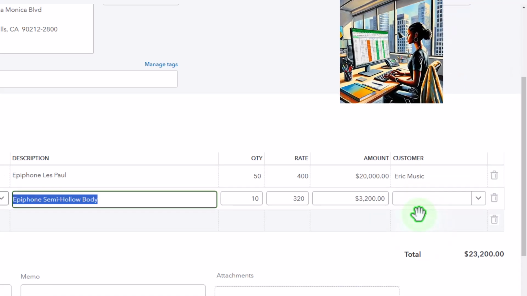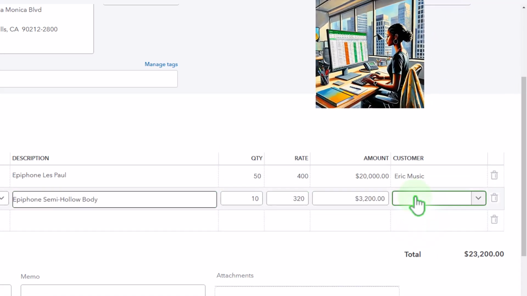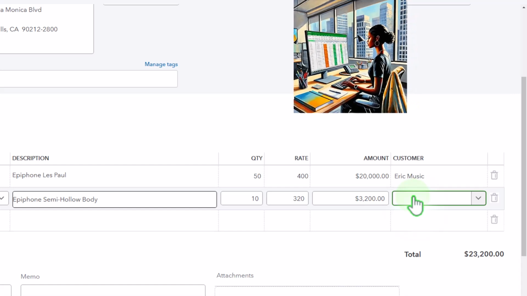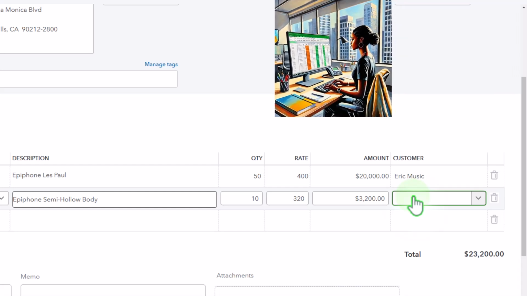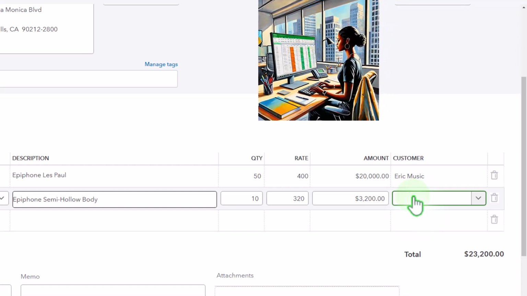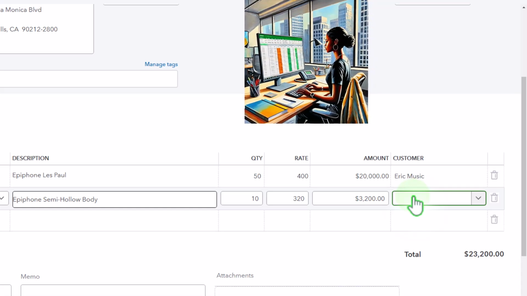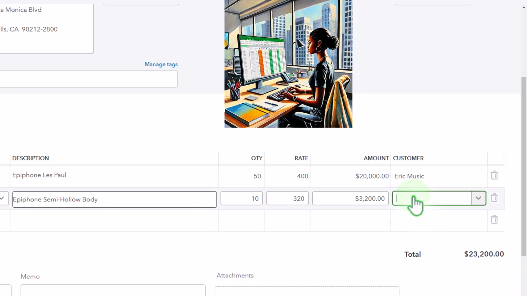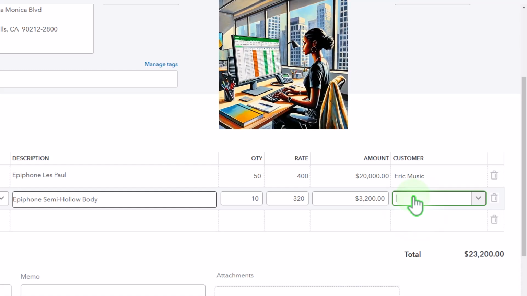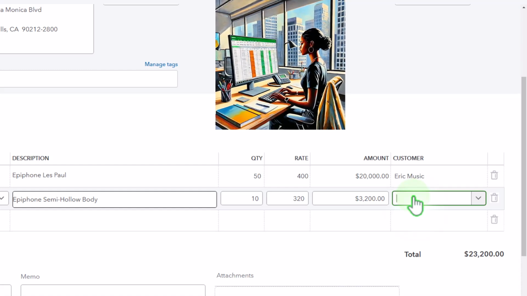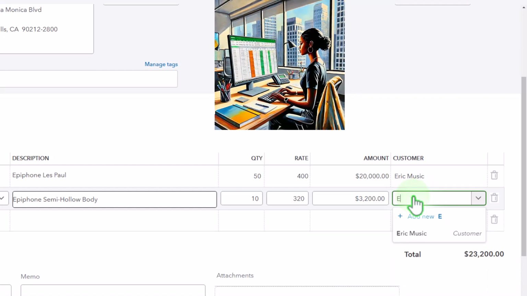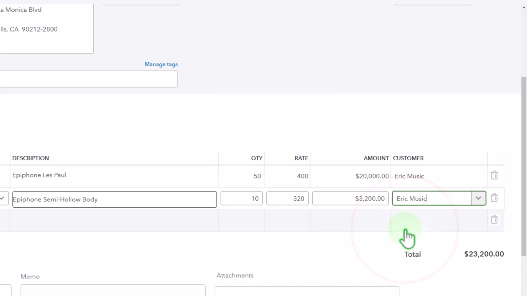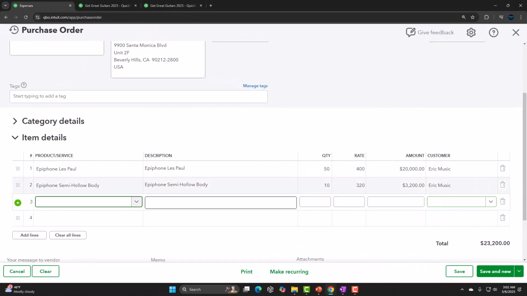And then I could add different customers. So it's possible, in other words, for me to be requesting guitars from one vendor, have multiple line items for different guitars, and assign those different guitars to different customers. But in our case, we're going to assign them to the same customer, Eric Music, for both of those line items. And that comes out to